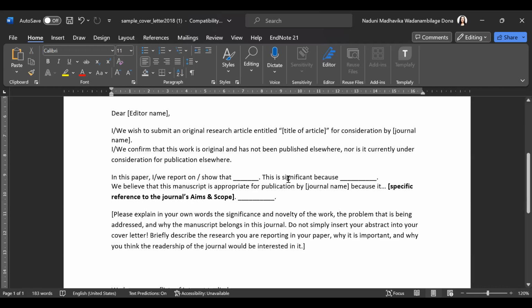Then you have to mention why it is significant, how your paper stands out among the rest of the research articles. It's more like how you differentiate yourself. What is the significance of your paper? Is it the methodology? Is it the selected empirical context in which you conducted your research? What is the significance? And then you can mention, we believe that this manuscript is appropriate for publication by the